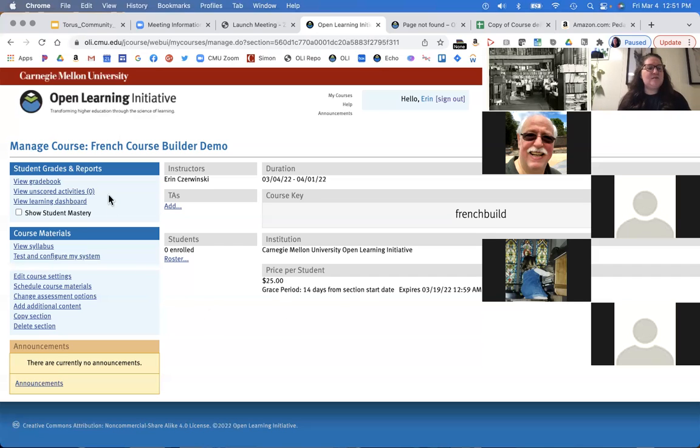So that's how that works. That's the features we have. Let's see, from here, you can also go right to, this is an instructor view of the course. You can go to the dashboard. This show student mastery is a checkbox that allows students to see kind of a subset of our learning dashboard. It's a different view for them, but it shows them the progress they've made and